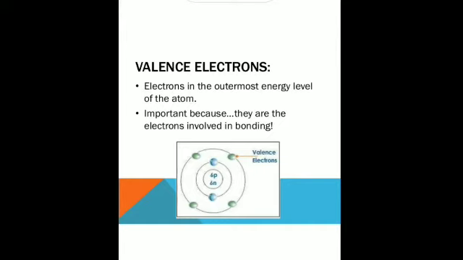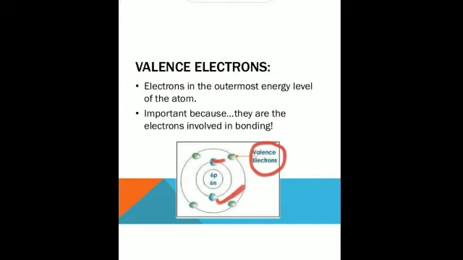And this valency is important because these electrons are involved in chemical bonding. These are involved in the chemical reactions, how the reactions take place. For example, when hydrogen and oxygen react together to form water, it is the valence electrons that are involved, which make the reaction possible. And the involvement of the inner electrons is not that much.